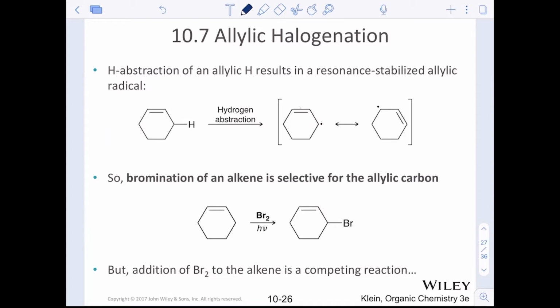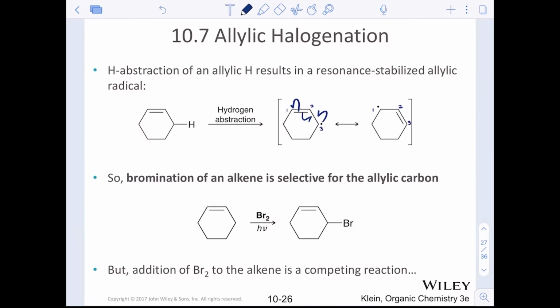So let's just review that resonance structure over on the right-hand side. Remember, one arrow at a time. The radical will go and share with another electron from the pi bond. The second electron from the pi bond is going to become a radical on the top left. Let's label these 1, 2, and 3 for the carbons so that we can see the rearrangement, the resonance stabilizing effect. So when we think about that allylic position, we can do bromination of that allylic position, but